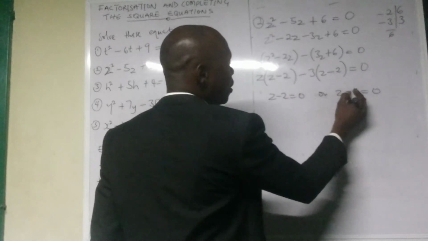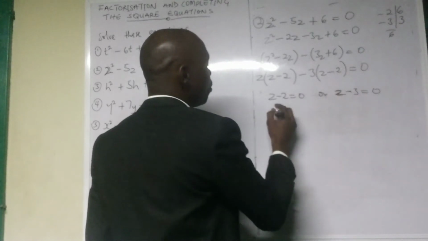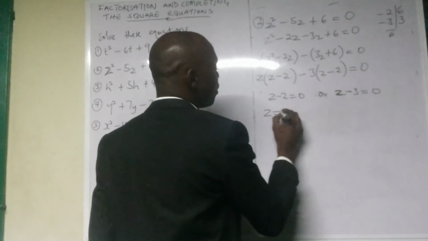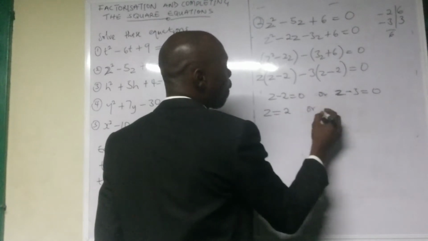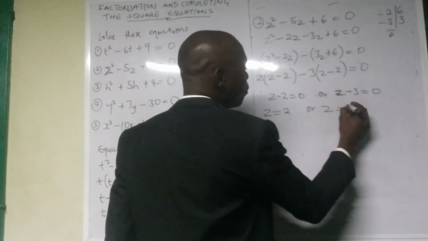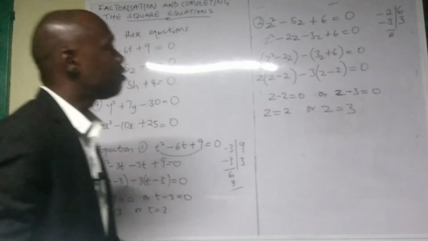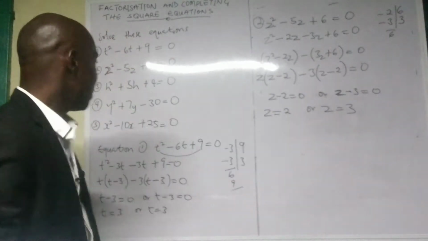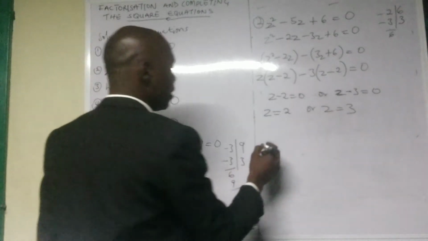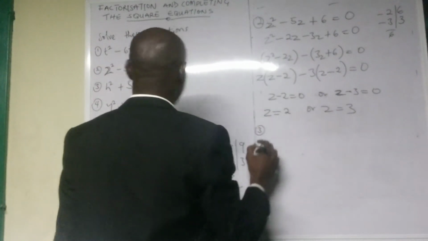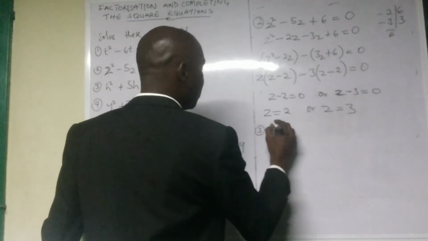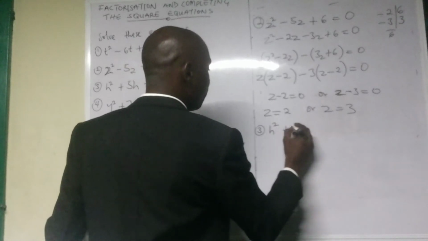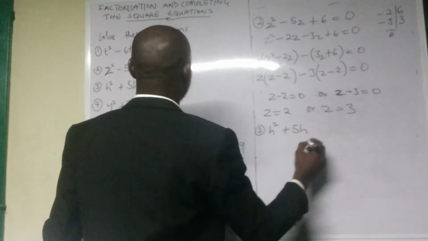And z minus 3 equals 0. So from here we have z equals 2 or z equals 3. This is the method of completing the square, all complete. Let's go on to our third example that says h squared plus 5h plus 4